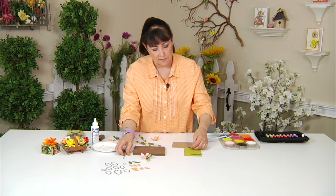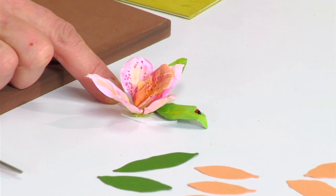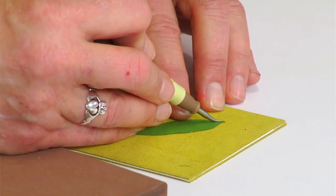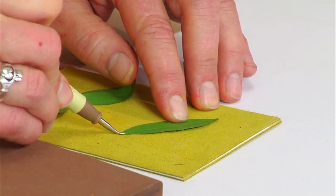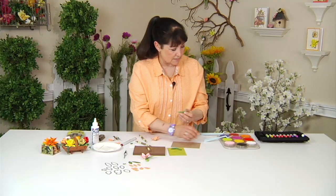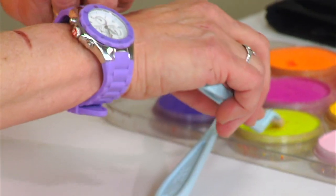Now let's talk about the leaves. They're done pretty much the same way. There is a stem line running down the center, and I have placed that leaf on the leaf pad, and using the leaf tool, I've drawn a line straight down the wrong side. I've bent it, and I've added some definition with the green. Whoops, that's the red. With the green